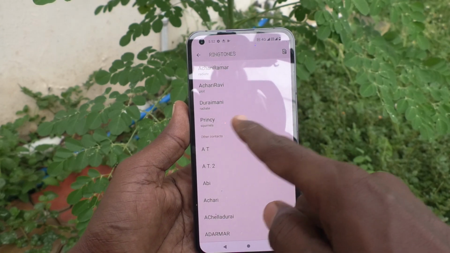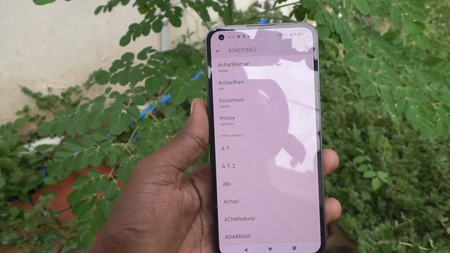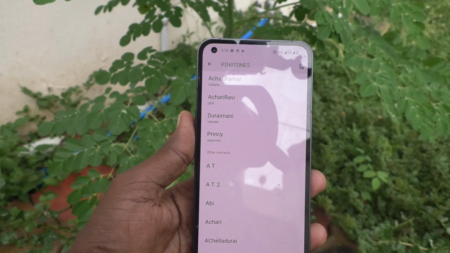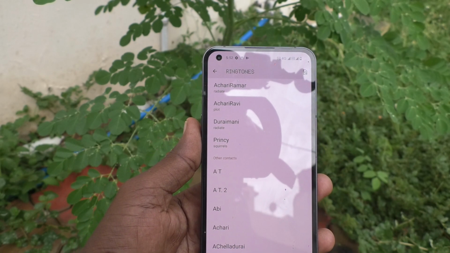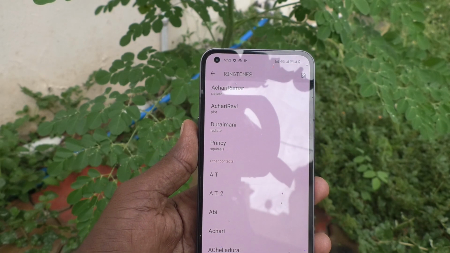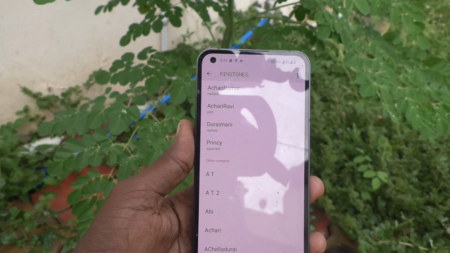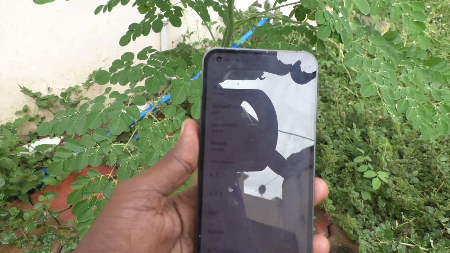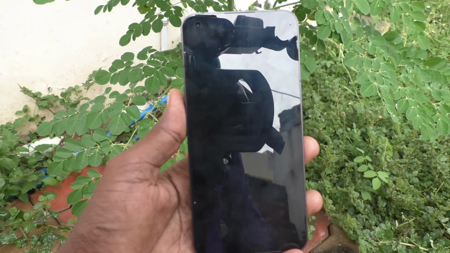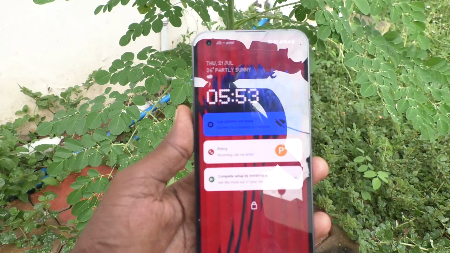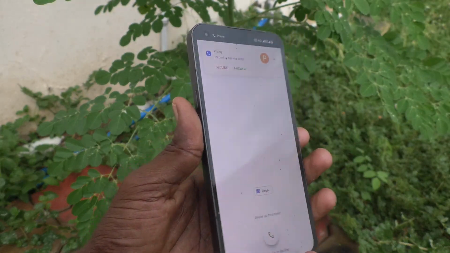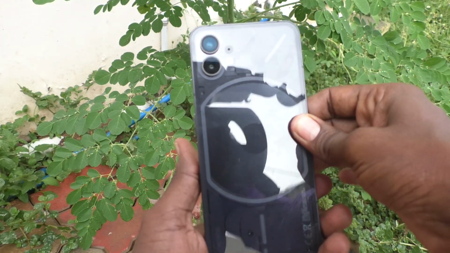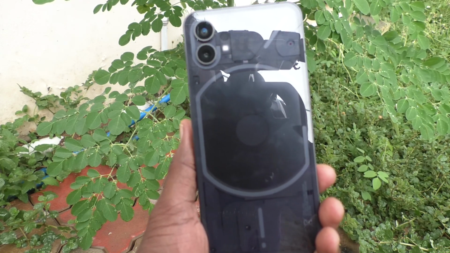If Princey calls you, then you will see that ringtone glowing on the back side. The ringtone will also be heard, and also on the back side you can see it. Here I would like to call from another number. See here, Prince is calling, and if your phone is lying on its back side,